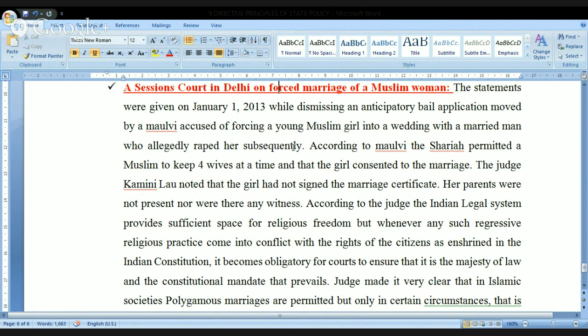According to the judge, the Indian legal system provides sufficient space for religious freedom. But whenever any such regressive religious practice comes into conflict with the rights of the citizens as enshrined in the Constitution, it becomes obligatory for the courts to ensure that it is the majesty of law and the constitutional mandate that prevails. Judge made it very clear that in Islamic societies,